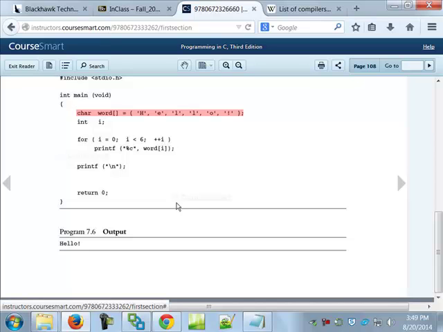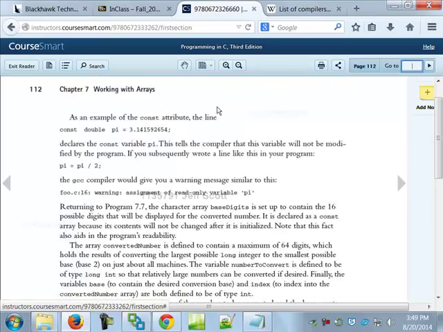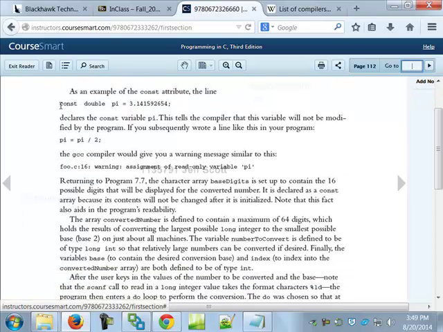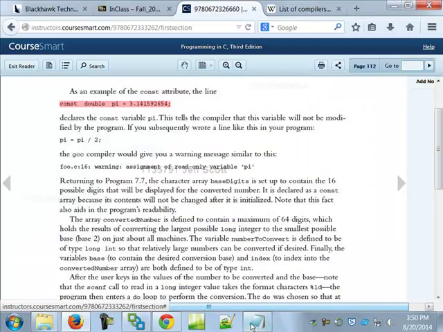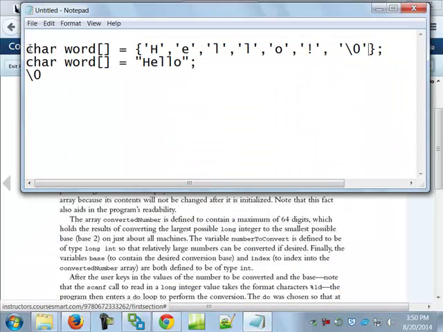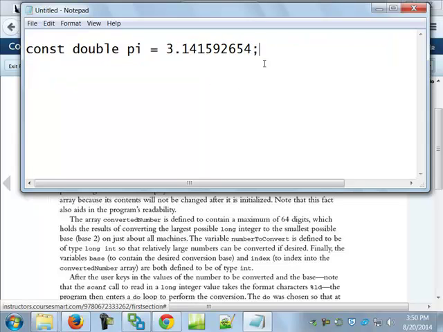They do mention, if you look on the bottom of page 111 and it goes up to the top of page 112, and I'll just show you the one thing on 112. This is a fairly new thing in C, setting up a constant this way. That's not the way I was taught to do it. When you create a constant, this looks very similar to other languages. But what I was taught is that rather than creating a constant like that, you say #define, and you make it a capital, then you put that number in there.